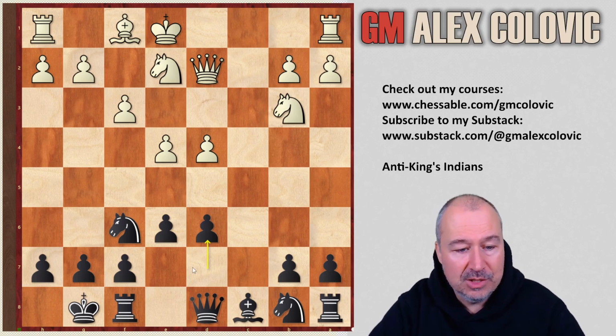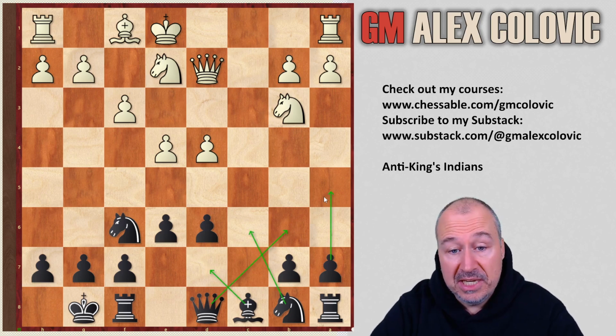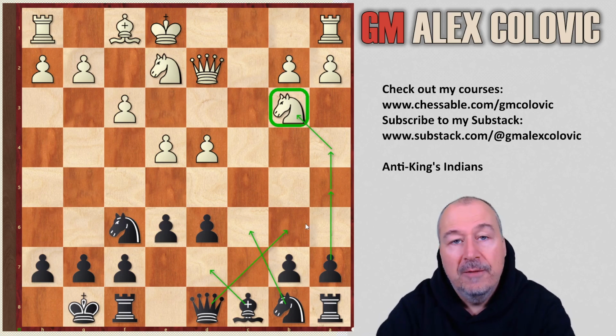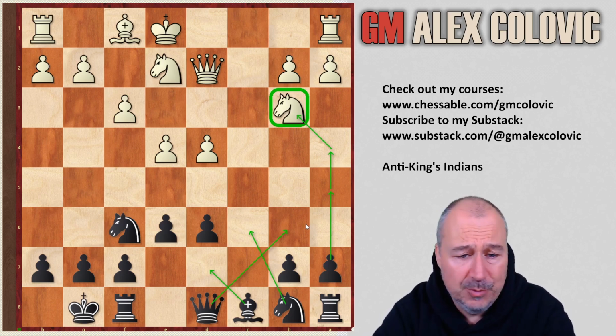Yeah, I mean, with no dark-squared bishop, there is an extra square on e7 for a piece. For example, the queen can go there. Knight c6, bishop d7, the queen can come to b6, a5, a4, harassing the knight on b3. There are different ideas for Black, and Black is quite comfortable on the three ranks at his disposal. So, meaning that the space advantage that White has doesn't really